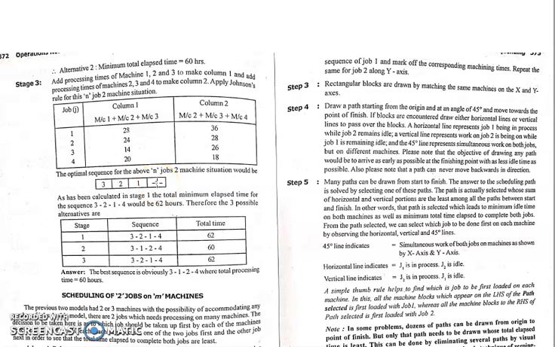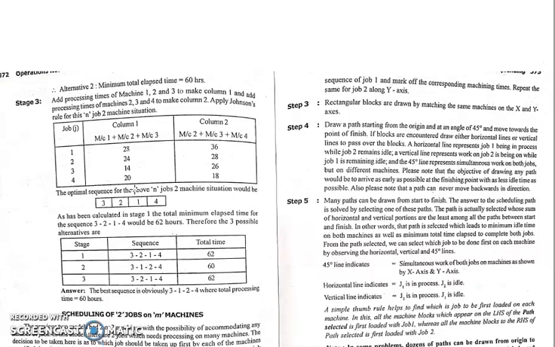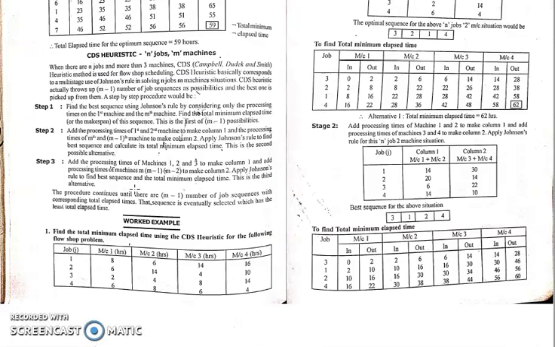Then 24, okay, 3 and 4 you just leave it, only consider the first row and second row. So out of this, 24 which is job 2, on the left hand side, and only job 1 remains, you just keep it here. So 3 2 1 4, this is the best sequence possible. And don't solve the problem further, okay, because 3 2 1 4 is the best sequence we have already got.